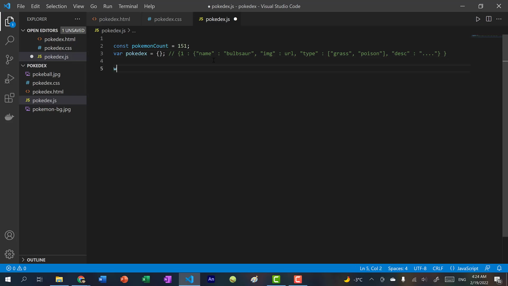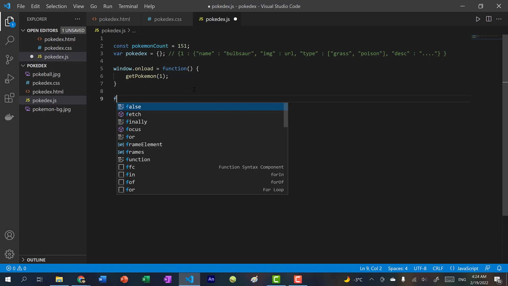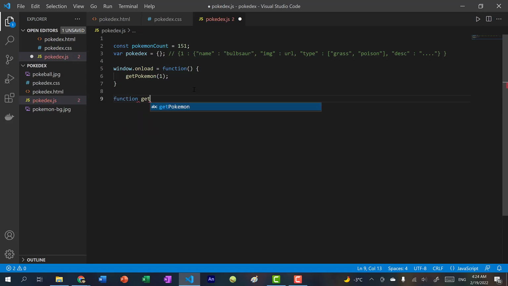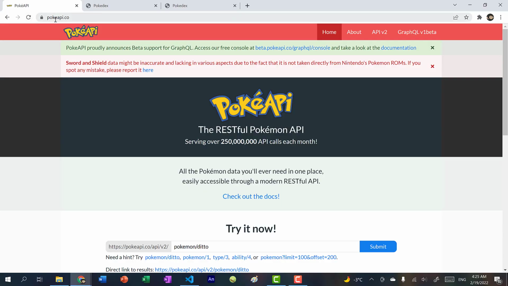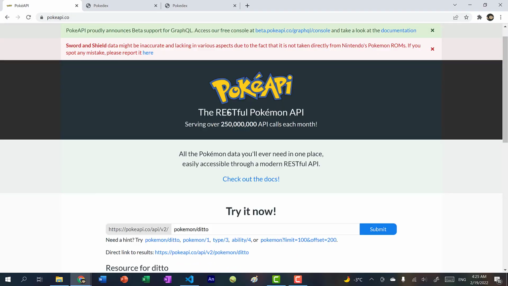And then when our page loads, we're going to do window.onload equals function. So I'm going to call a getPokemon function and pass in 1. So 1 is Bulbasaur. So let's create that function here. So function getPokemon. We're going to pass in a number, and we're going to get the URL based on that number. So if we go and check out the API now, just go to pokeapi.co,